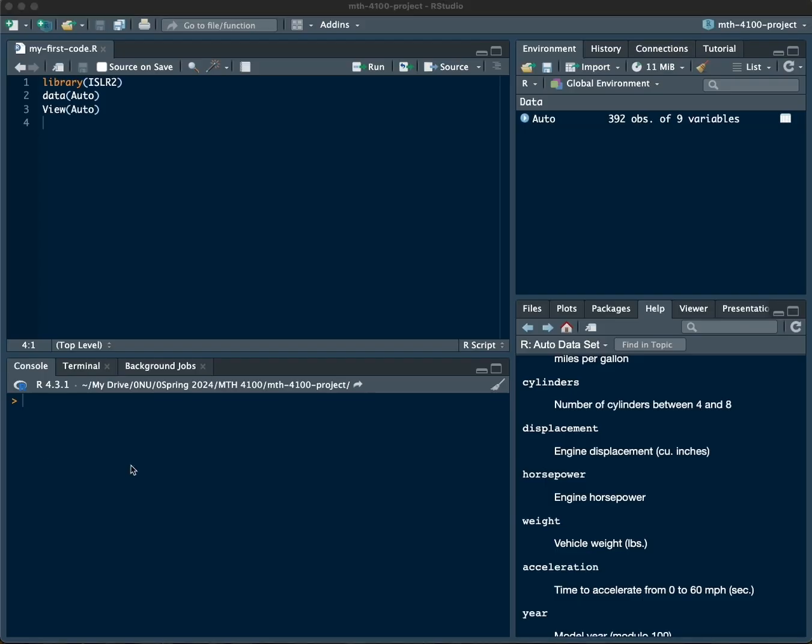Yep. So to summarize what we have done, we installed packages and we said we can install packages only once. There's no need to redo this every time. The second thing we said, but you need to load libraries if needed. And you can do this by typing library and the name of the package inside it. And the difference between library and install packages is, as we said,